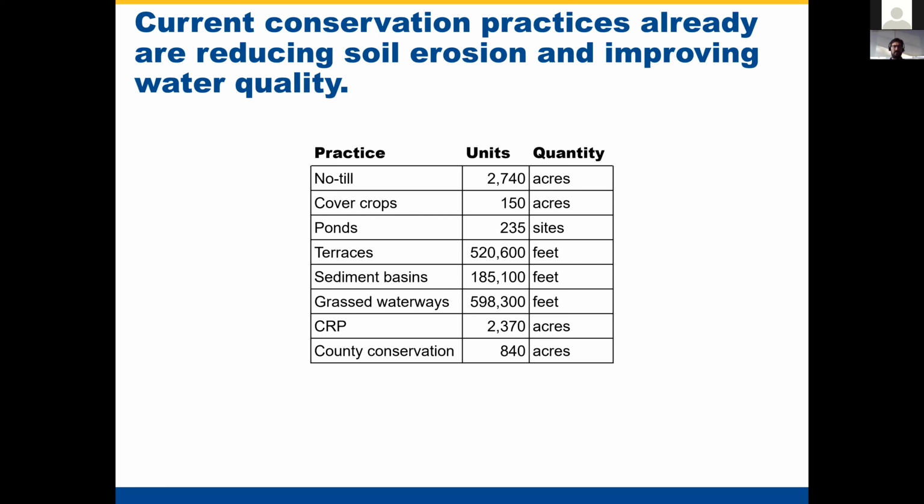So in this part of the state, structural practices have been the focus of conservation work to date, and have been focused on reducing soil erosion and reducing delivery of sediment to streams. So that's why we have a lot of the ponds, terraces, sediment basins, grass waterways, which are all over the watershed